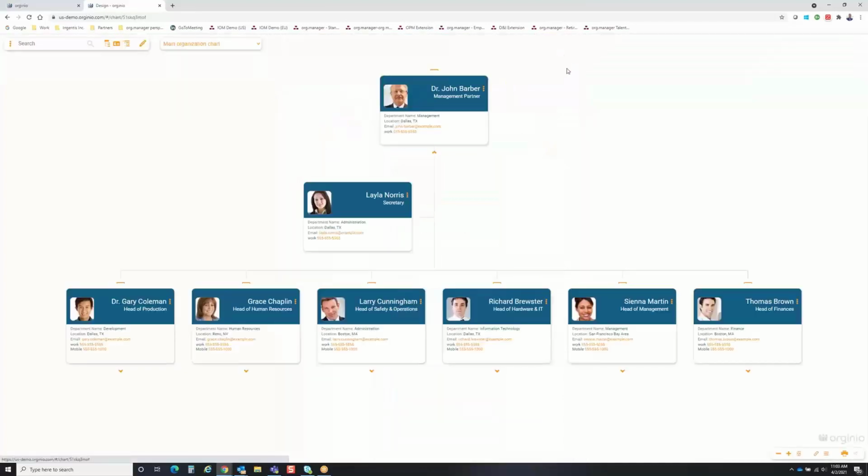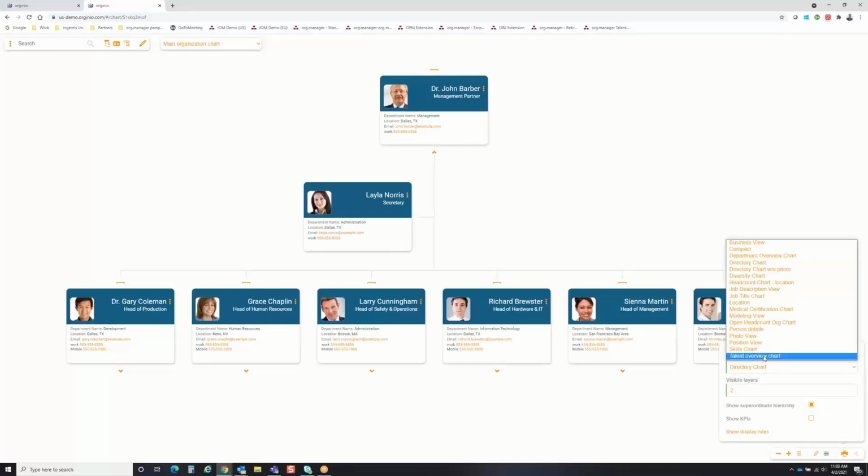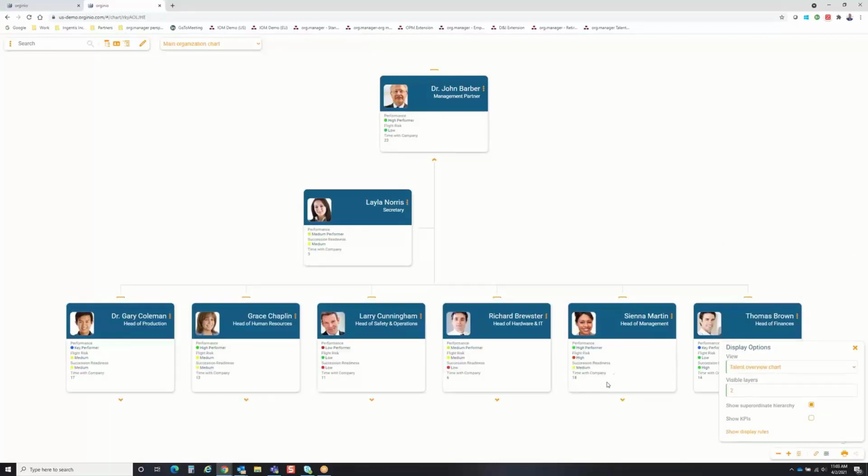So let's go out of here and we go back to our org chart here. And this is where we can see it electronically or on the screen. But let's say we want to create a PDF, and this is where we can create a PDF or a multi-page batch print PDF. And now we can toggle between the different views that we want to have. So maybe we want a talent overview chart where we highlight different